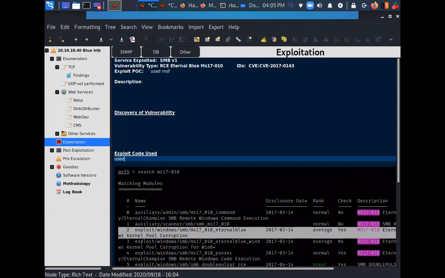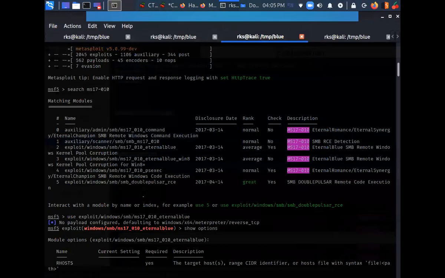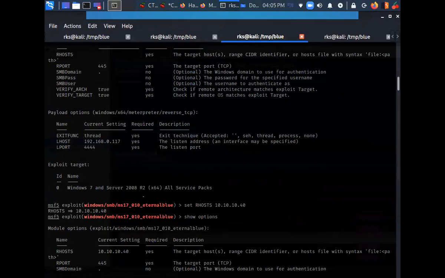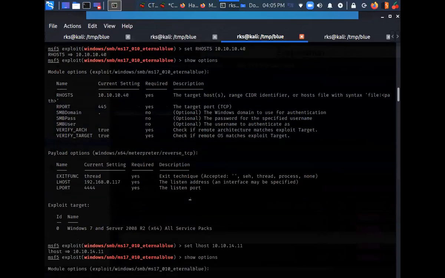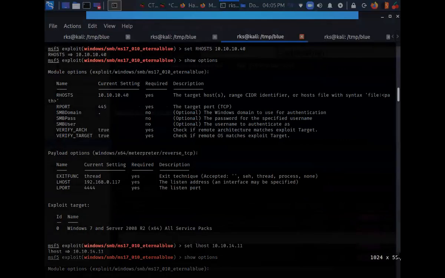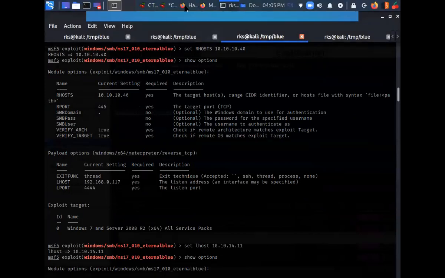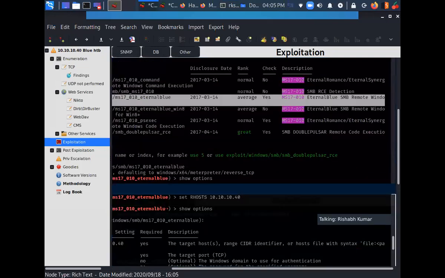So use Metasploit framework. Okay, and I did show options. I changed certain settings here, so I'll take a note of this as well. I did set rhost, set lhost, and just paste it over here.